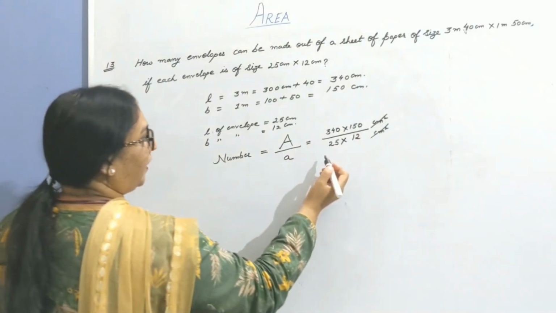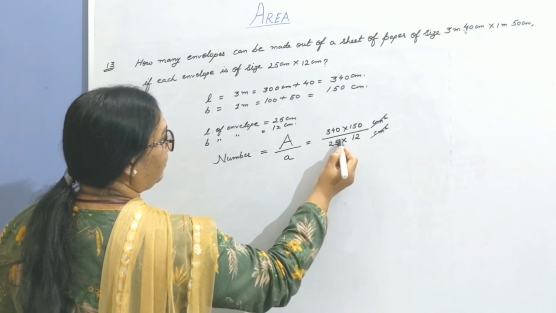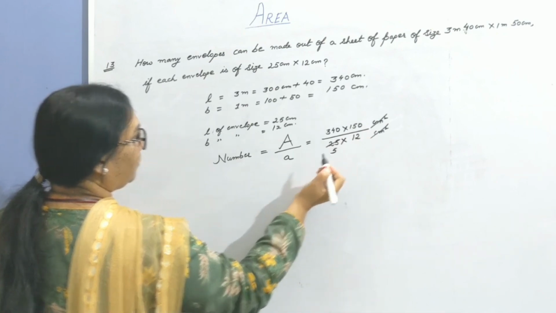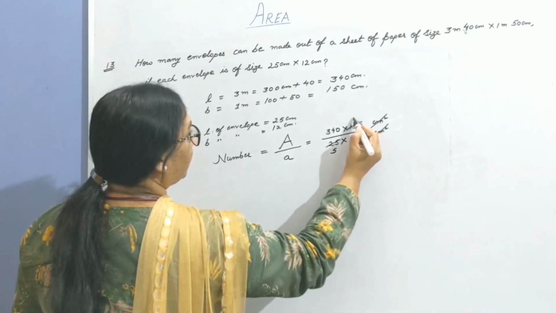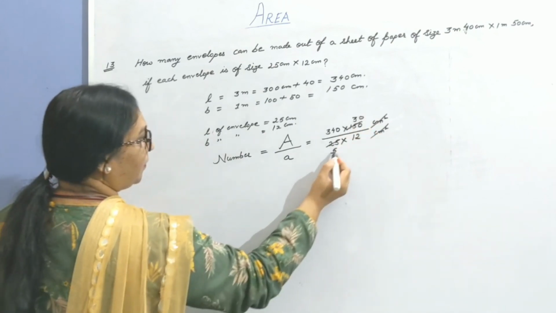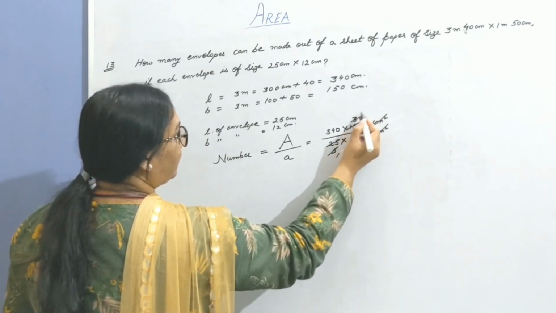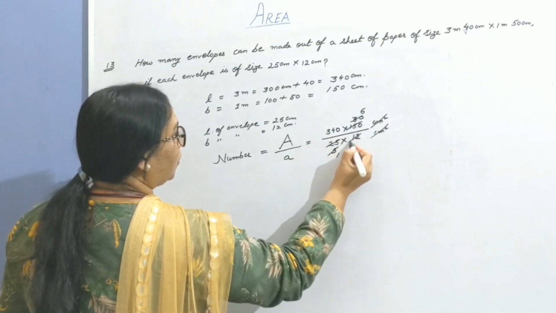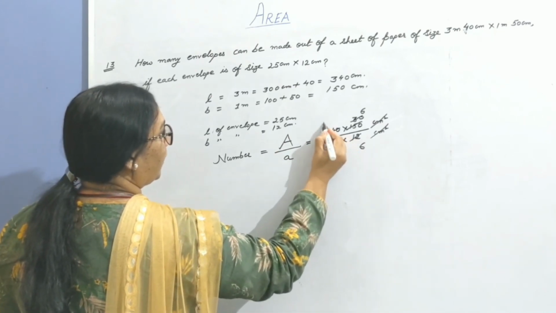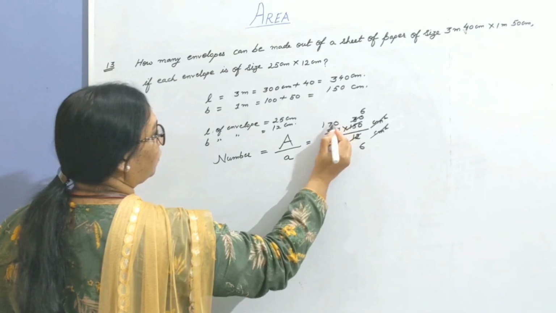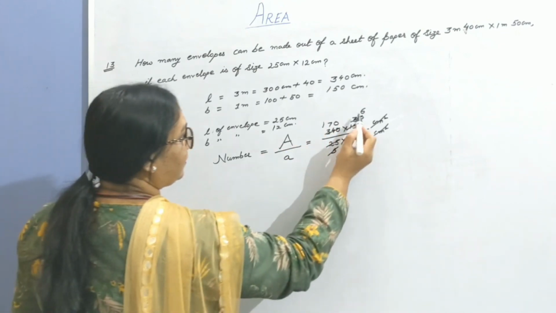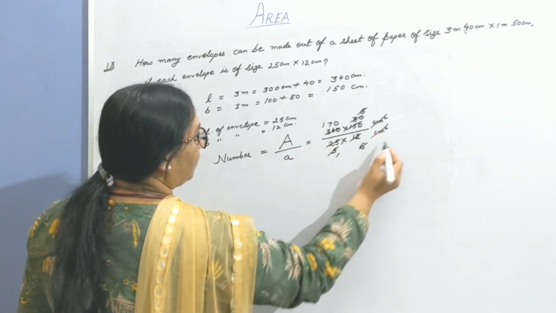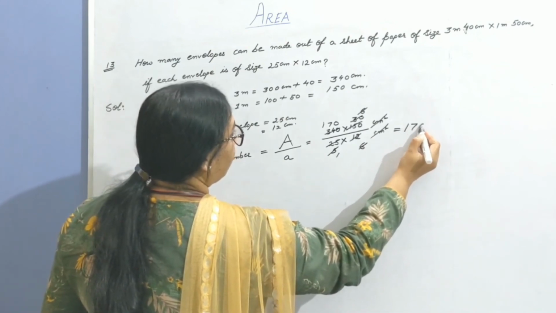So let us simplify. Simplify these 2 by 5. 5 to 25. 5 into 30. Again cancel them. 5 1 to 5 and 5 6 times. Now cancel these 2 by 2. 2 6 to 12. Here 2 1 to 7 times and 0. 170. Now this 6 and 6 cancel out, equals to 170.